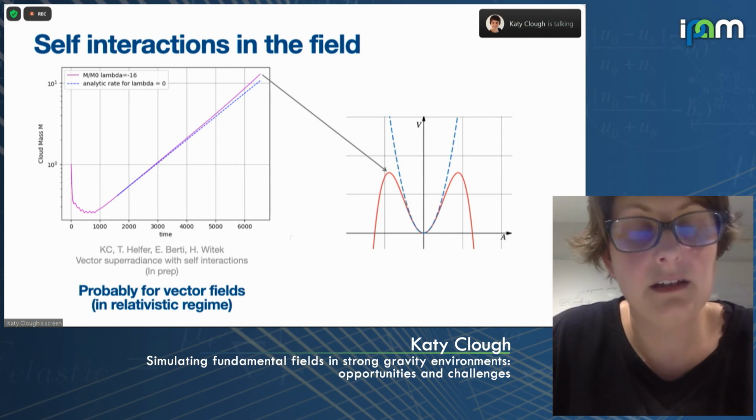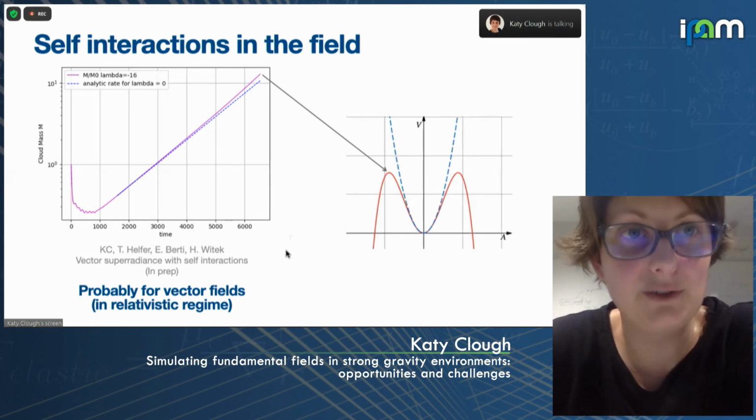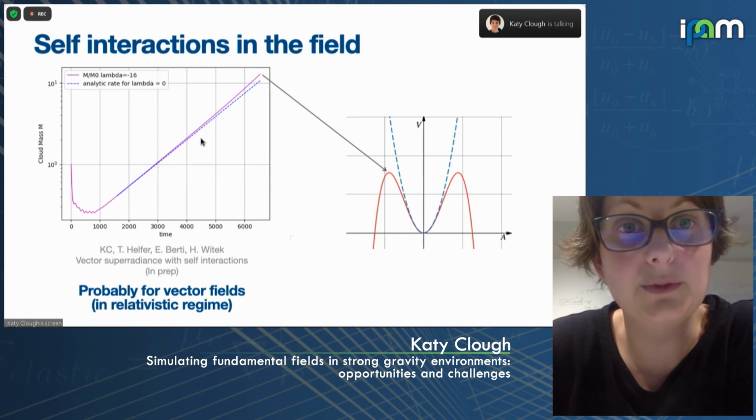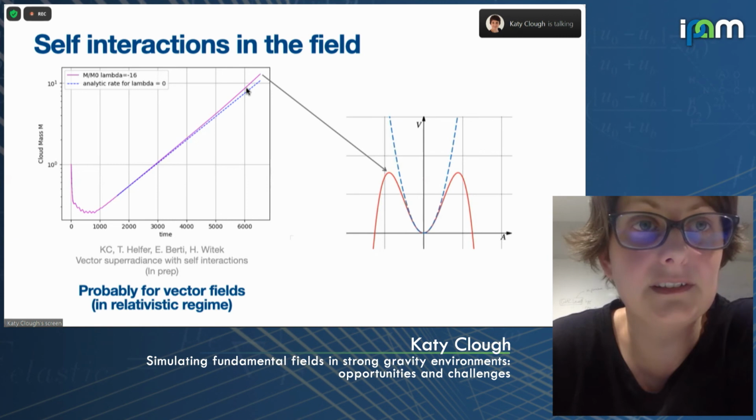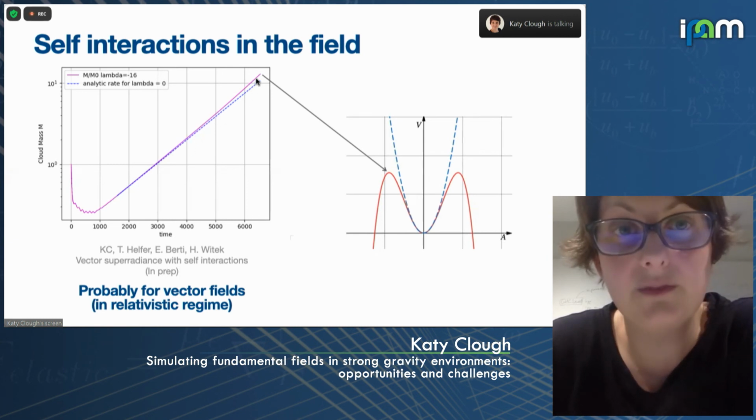So it seems likely that in vector fields, at least, you'll be able to reach a kind of Bosonova state. But in a sense, this is not answering the original question that was posed, because that was for scalar fields where the rate of superradiance is much slower. So it's entirely possible that, as I say, we see evidence that these saturation processes are beginning to occur. They're just not fast enough to beat the superradiant buildup. But maybe in the scalar case where the rate is much slower, they are. So I think it's still a slightly open question. But this gives evidence that at least in the vector case, you could have this Bosonova.